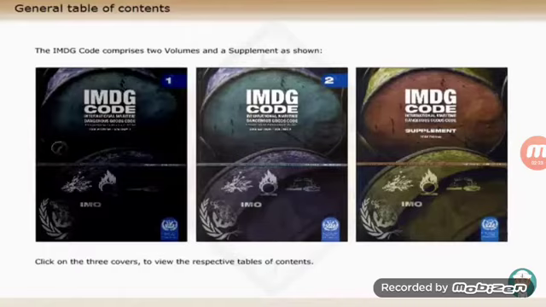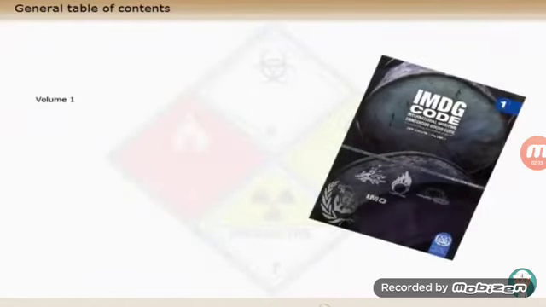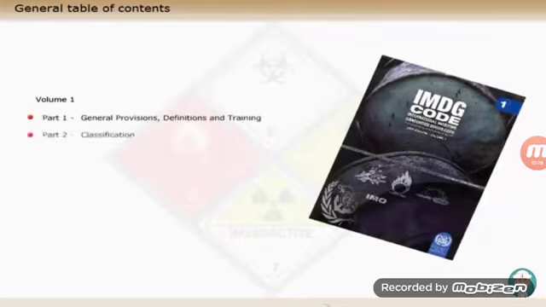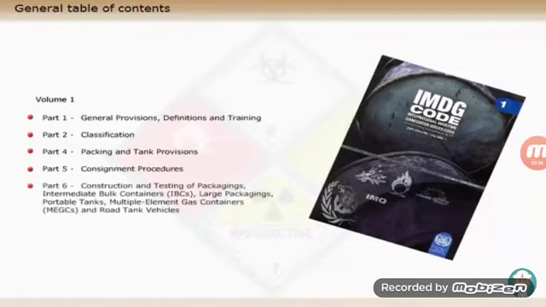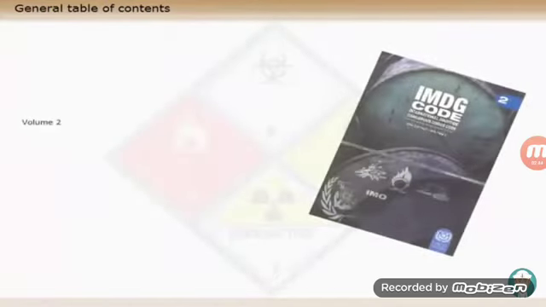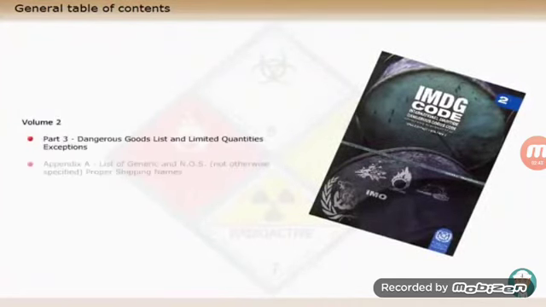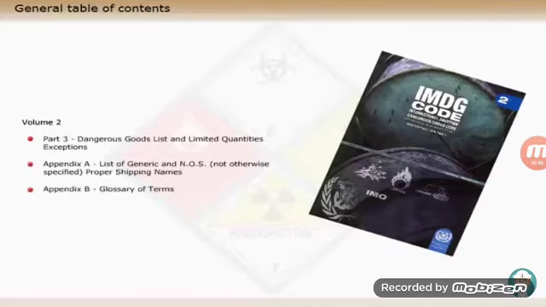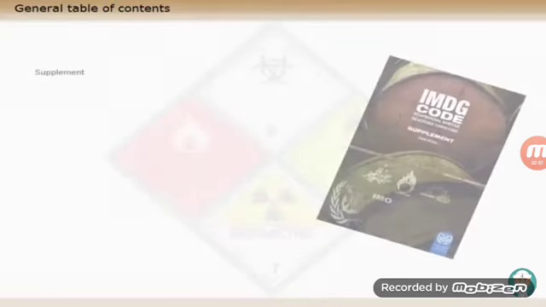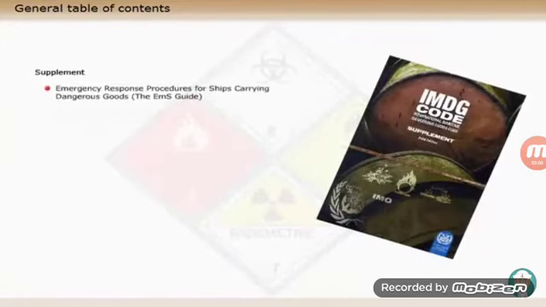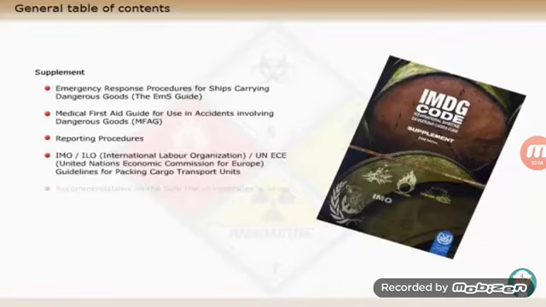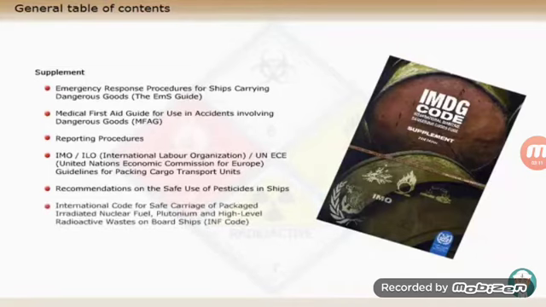Volume 1 contains the following: Volume 2 contains the following: The supplement contains the following: